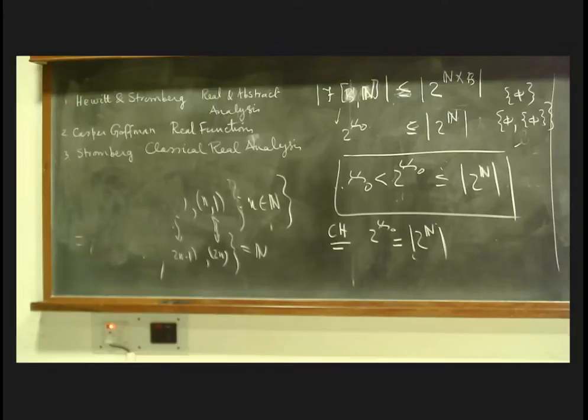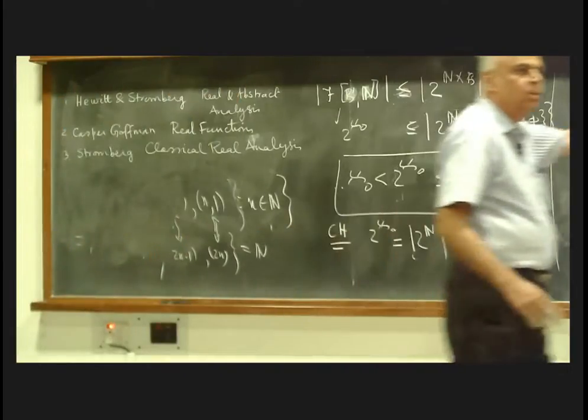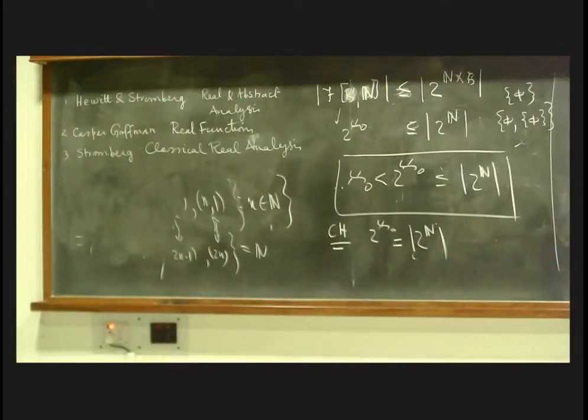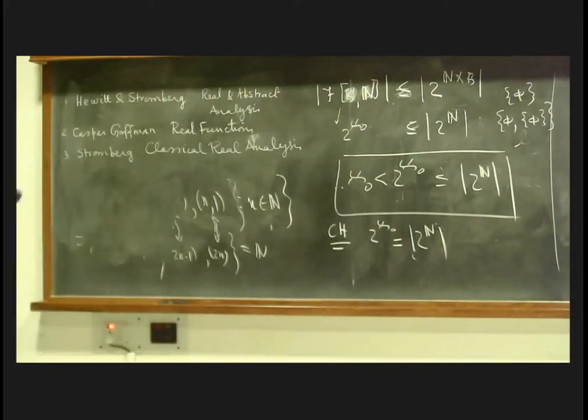So I don't know what other book I can give. I think the Hewitt and Stromberg will have everything. Most of the things I said will be there, but all the proofs and things like that, some of them require arithmetic. So what I will do in the next class is head towards the so-called axiom of choice and